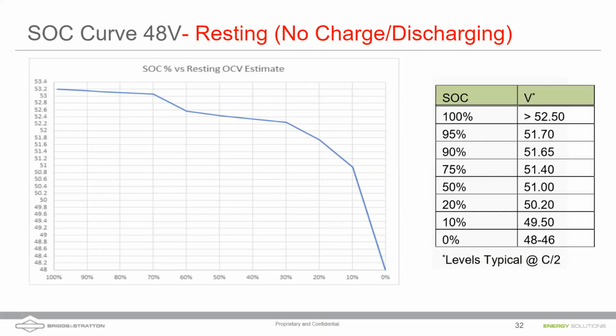So we look at this resting voltage curve and we can see a fully charged battery. It depends a little bit on temperature and it depends a little bit on age of the battery, etc. But it will typically sit above 53 volts, right? So a fully charged battery will be somewhere between 53 and 54 volts. Now it rises very quickly between that 98% state of charge and that 100% state of charge. So we're not even showing it on this curve. It's also almost asymptotic there, where it could go up to like 55, 56 for a 100% state of charge